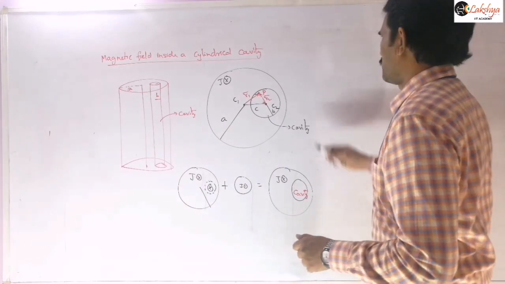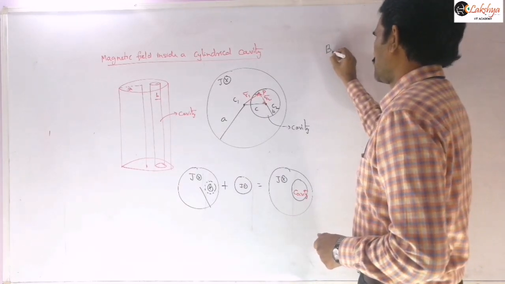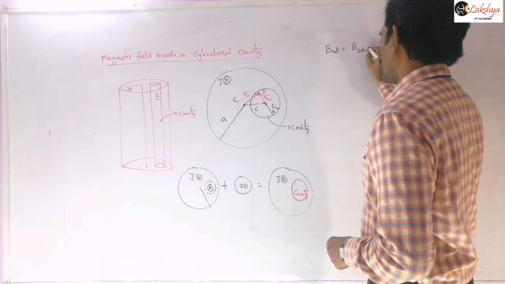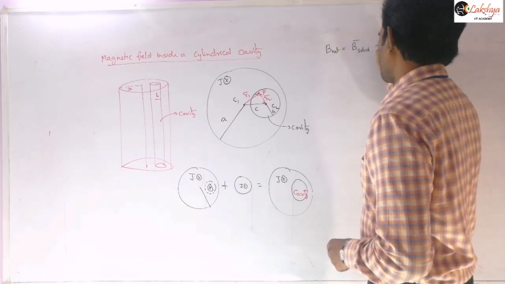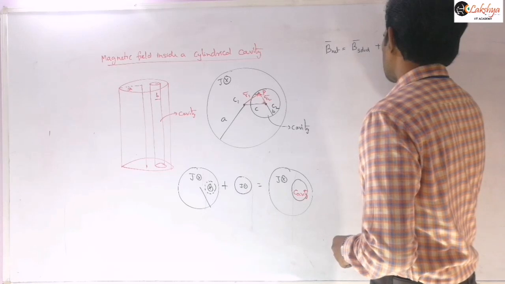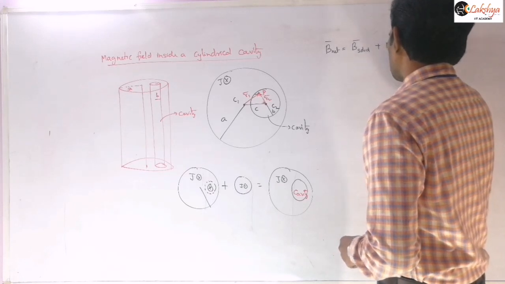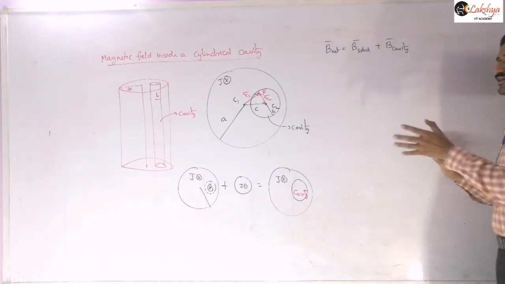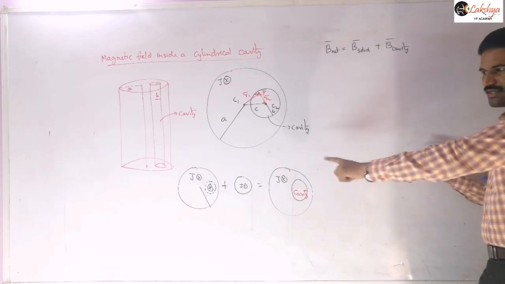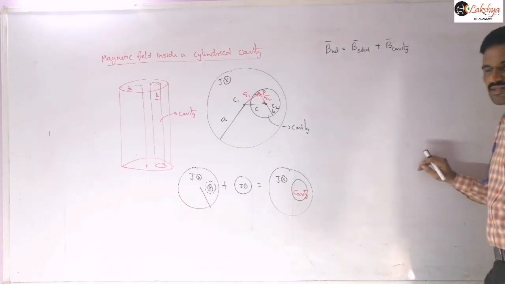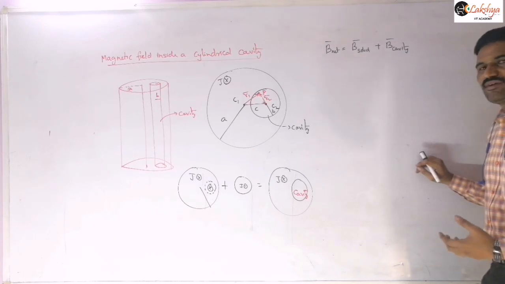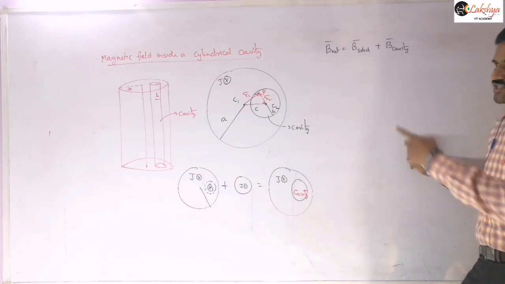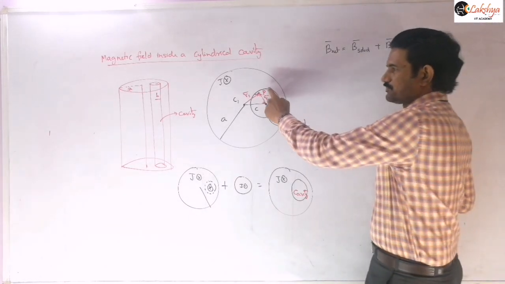What I am saying here is the net magnetic field can be written as the magnetic field due to the solid cylinder plus the magnetic field due to this cavity. Due to this cavity means we are assuming that it is carrying some opposite current density. Solid without any cavity we are taking, and this is the procedure I am saying. Is it clear? Now here we need to use our magnetic field inside the cylinder formula. Inside, because our point P is here.